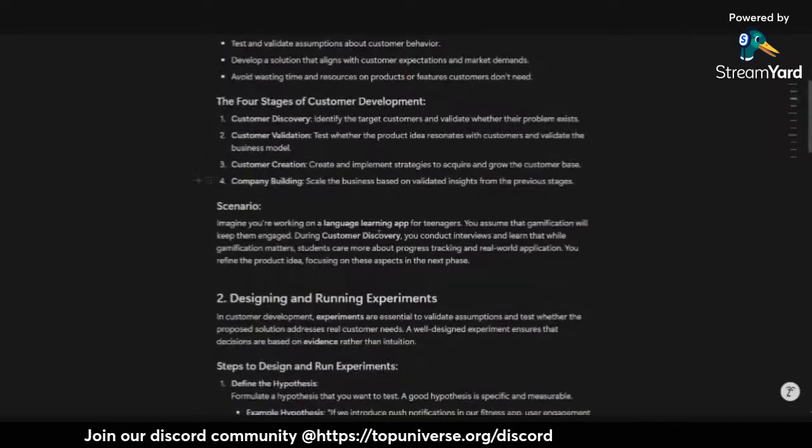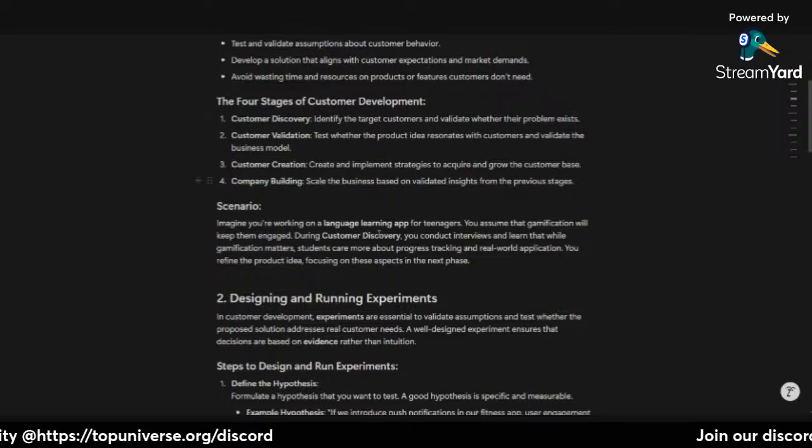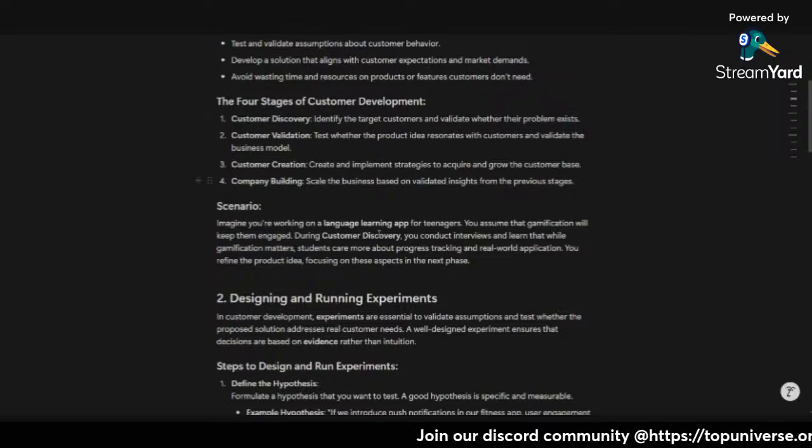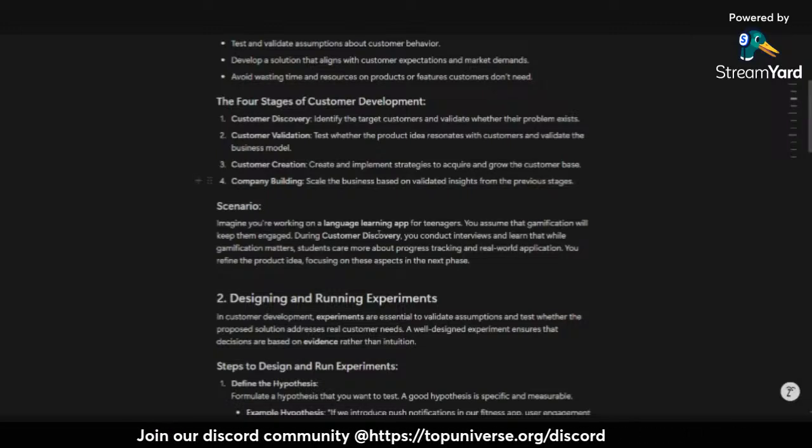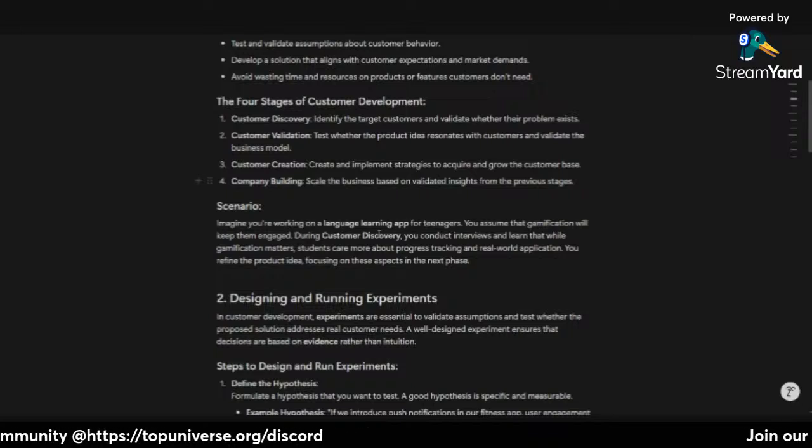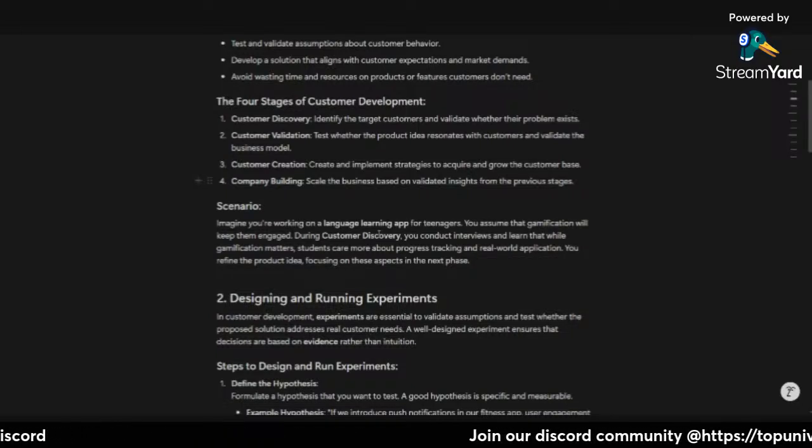All right, so let's paint a simple scenario here. Let's imagine you're working on a language learning application for teenagers. You assume that gamification would keep the teenagers engaged while using the solution. And during the customer discovery stage, you conduct interviews and learn that while gamification matters, students care more about progress tracking, right? They care more about tracking their progress and also getting a reward application of